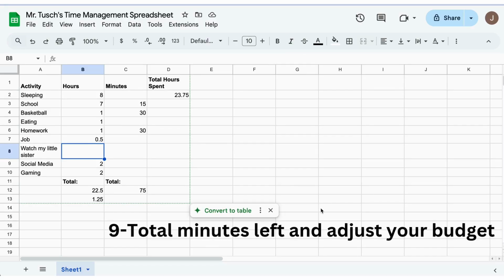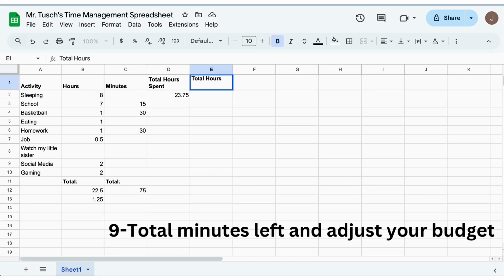Numbers we're going to come up with, we're going to figure out our total hours left and our total minutes left. Because if we're budgeting really, really tight, we may not always know. So I'm going to put a heading in here that says total hours left and total minutes left. Okay, we're going to figure both of those out. We're going to add 2 more formulas. Now this one is pretty easy. It's pretty straightforward math. We're going to take this number and subtract this number from 24.